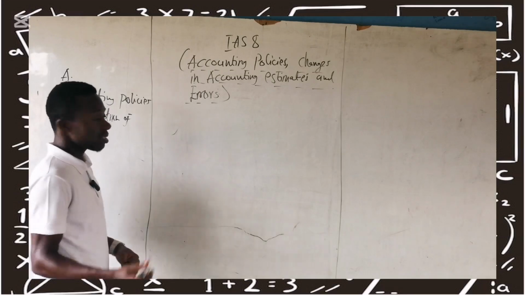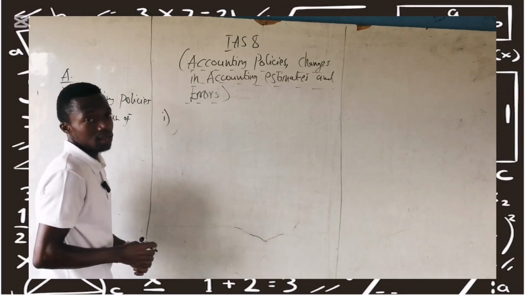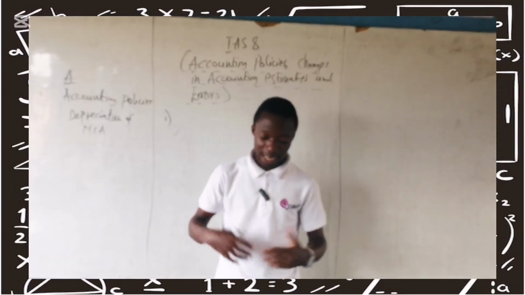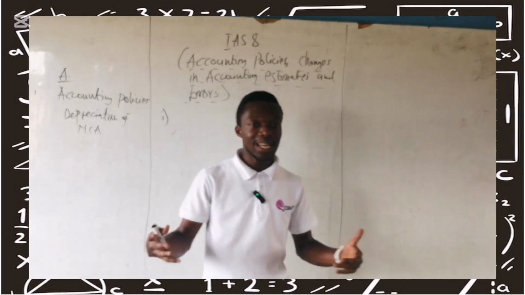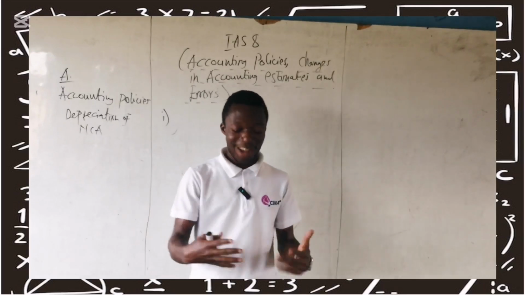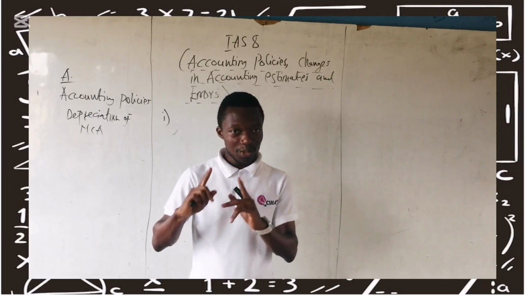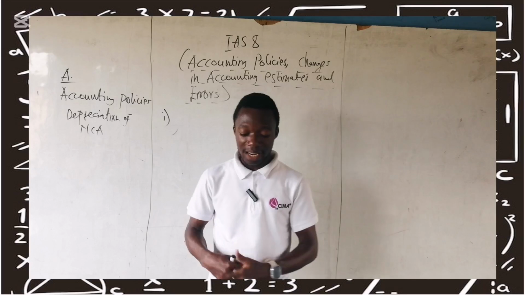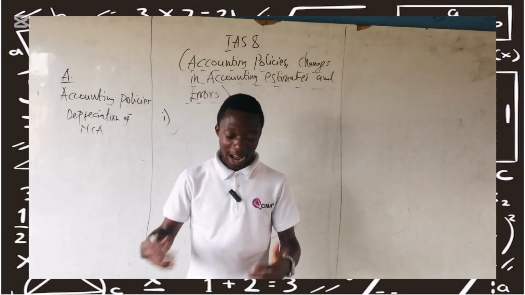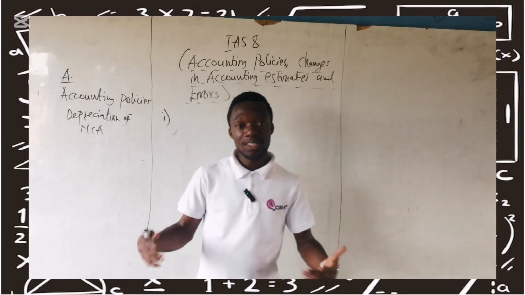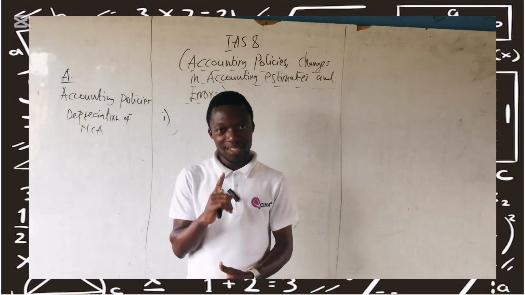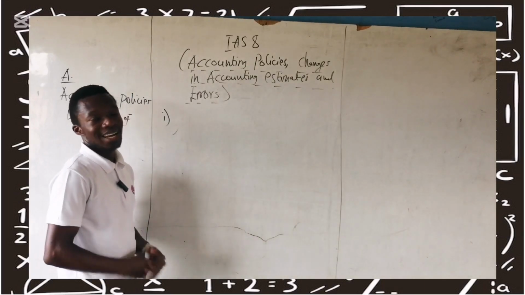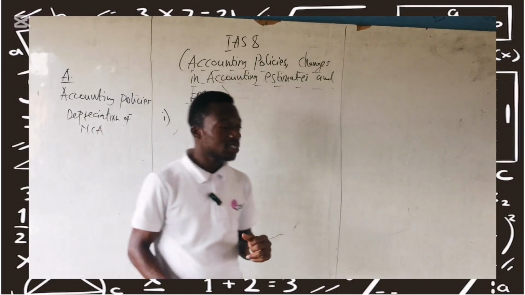When it comes to the accounting policy, these are the steps you have to follow in selecting it. So one, when it comes to selection of the accounting policy, one has to refer to the standard or the interpretation of the standard. That is one aspect of how we select an accounting policy. So we refer to the standard or the interpretation of the standard on how we treat a particular transaction or event. That is the first step. That first condition has to be met before we can say that this is an accounting policy.